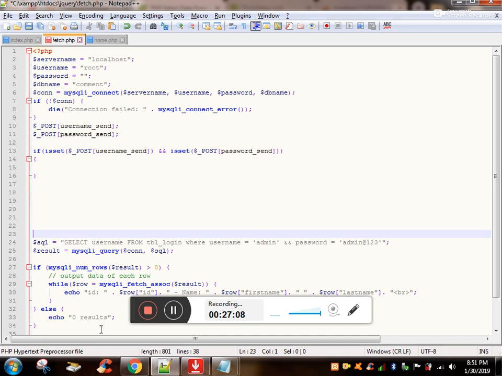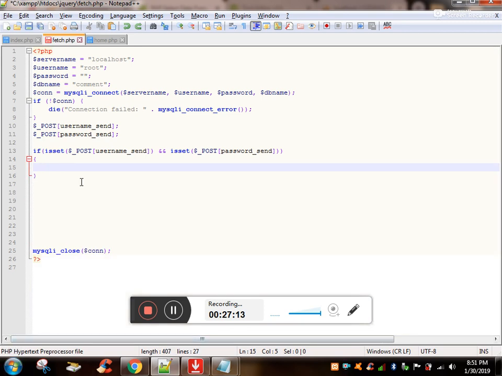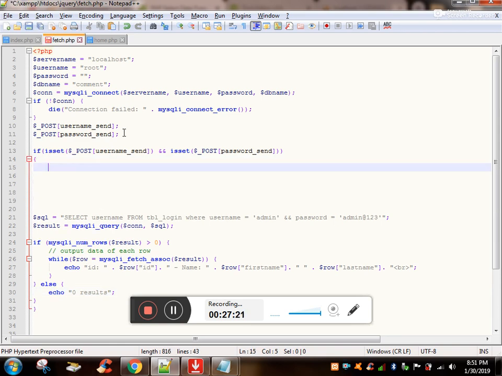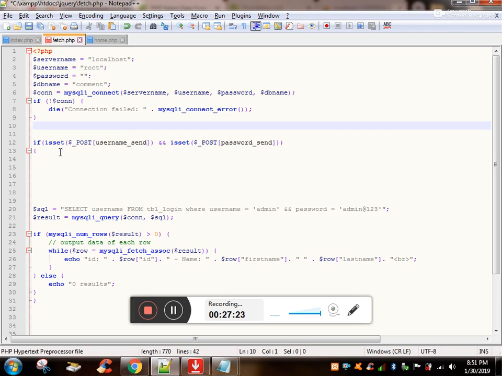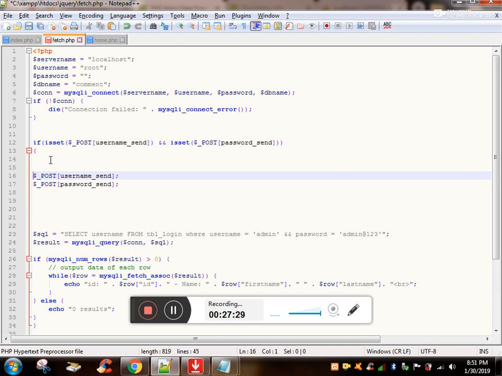So this code will be inside our isSet function. After our isSet function, it will get inside. Okay, now these two values should be SQL injection free. That means there are some hackers who will type some SQL query or script inside your text box. To safeguard against that hacking problem, or to prevent it from happening,